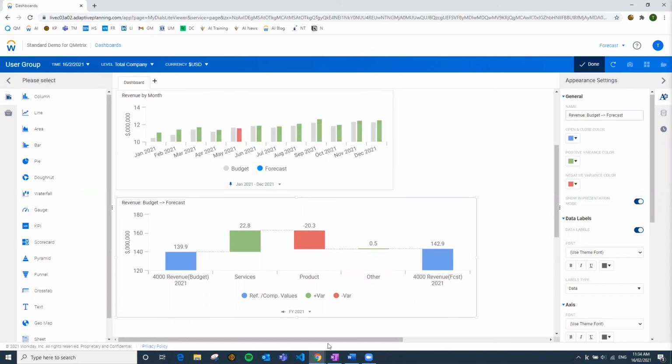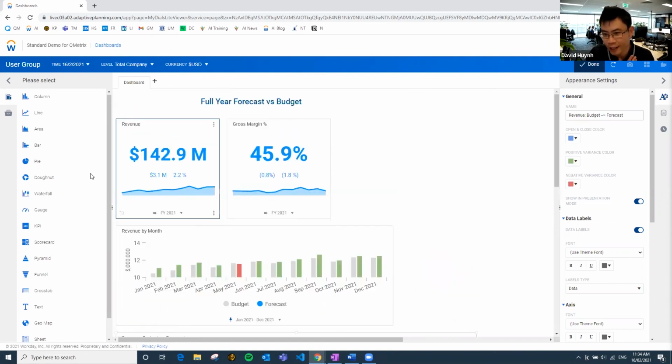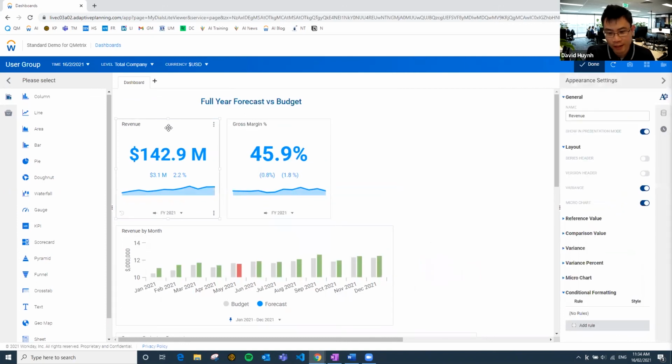Excellent. And another quick one, just on the KPI chart at the very top. We just had a question from Andrew around how sometimes the variance option isn't available, or the micro chart option isn't available. Just where your mouse is right there, in that layout option.